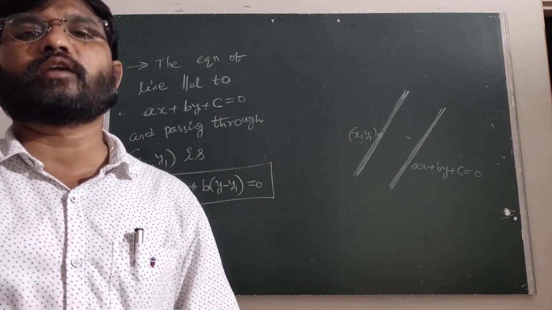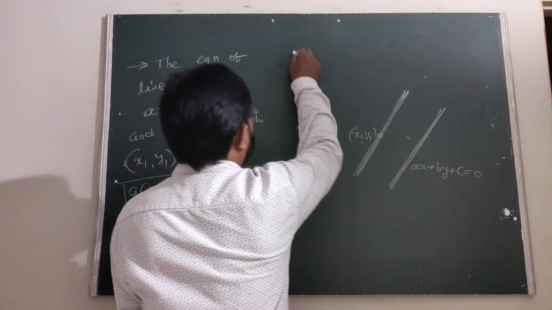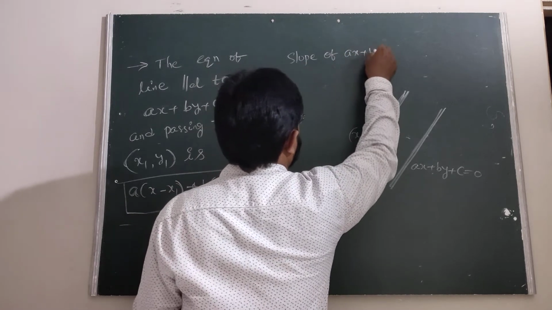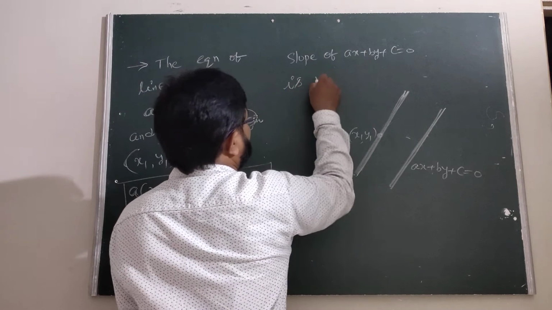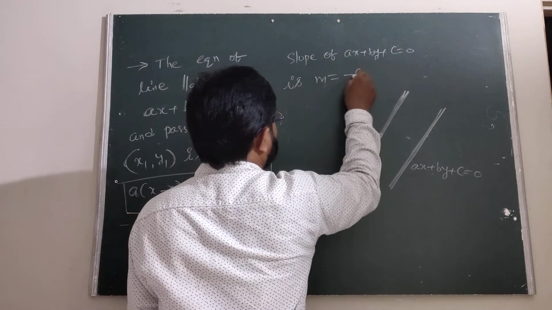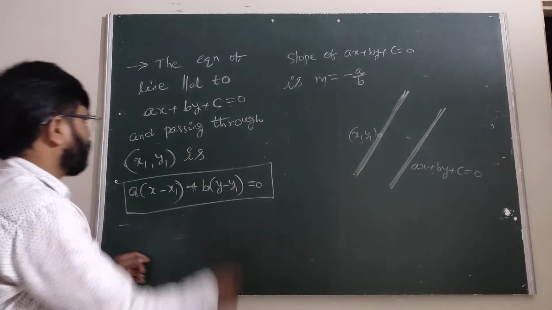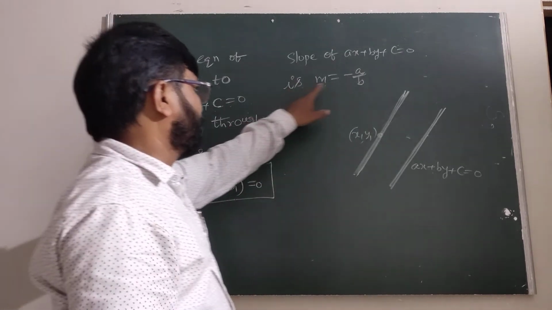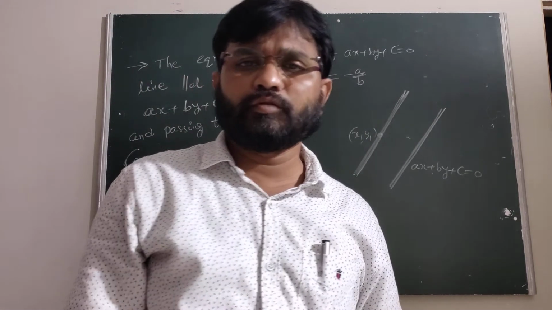when two lines are parallel, the slopes are equal. Just now we know that the slope of ax plus by plus c equal to 0 is m equal to minus a by b. This is the slope of the line. So just now we observed, when two points are given, we have to take the slope